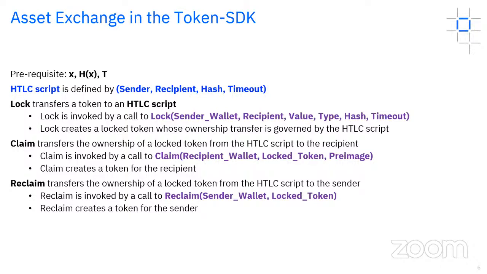The reclaim corresponds to what you could think of as the unhappy path. So for example, Bob submitted his transaction, Alice submitted her transaction, but then Bob, for whatever reason, decides not to continue. So he doesn't submit the preimage. So in that case, Alice can reclaim her token, and the way to do that is